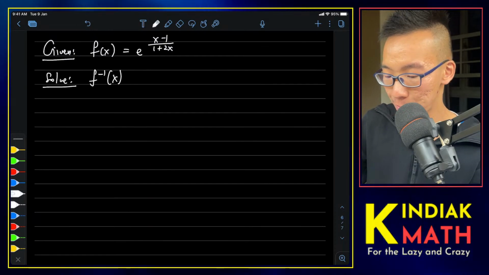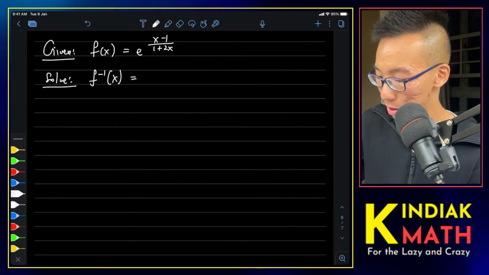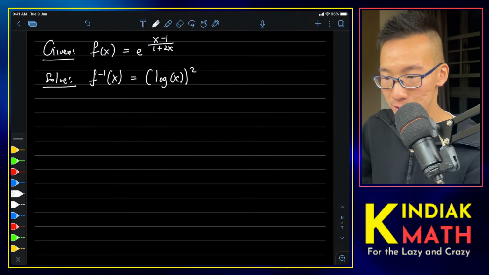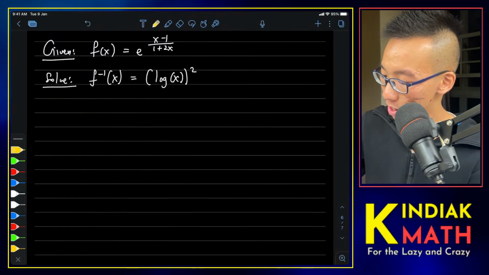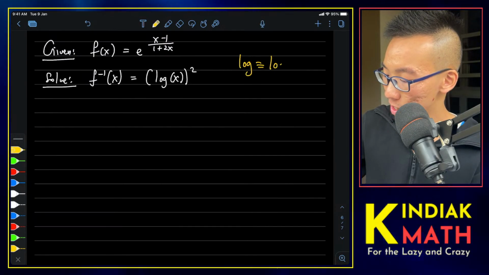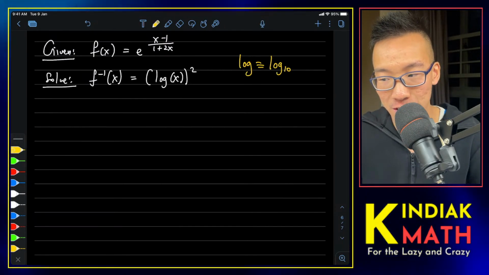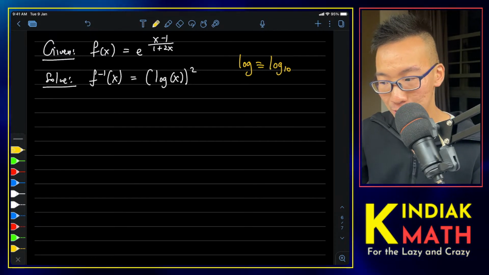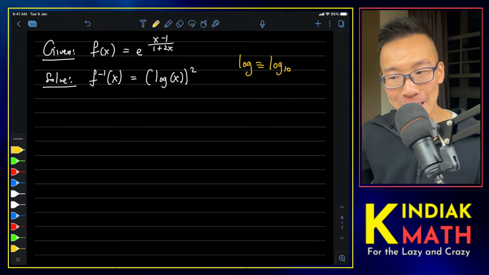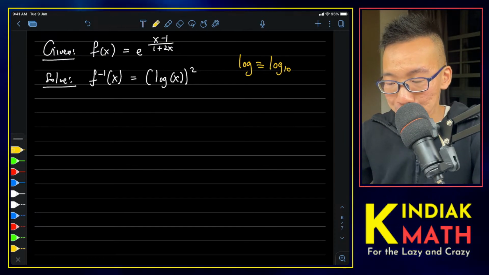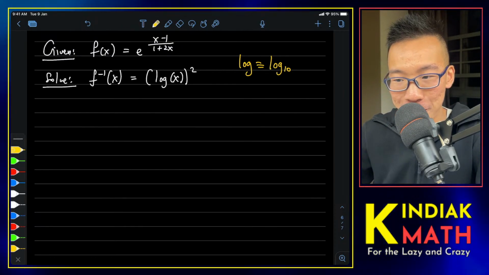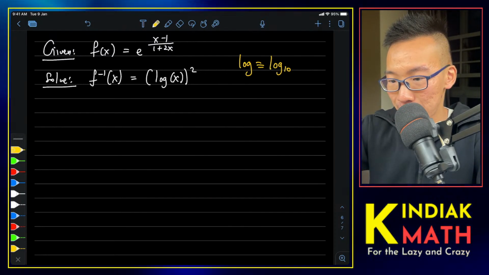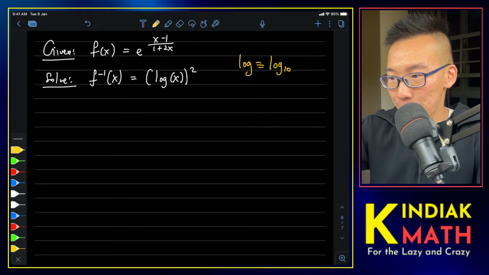F inverse equals log of x squared. And of course, log here is by convention referring to base 10, the logarithm base 10. Now, what that looks like for us takes a bit of effort, but what that looks like for us is that,